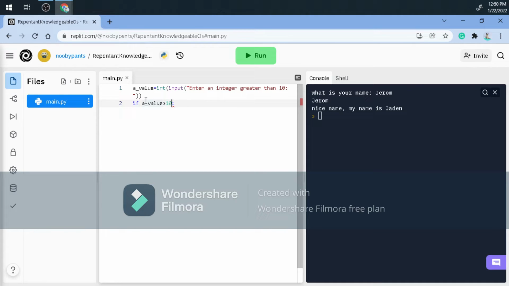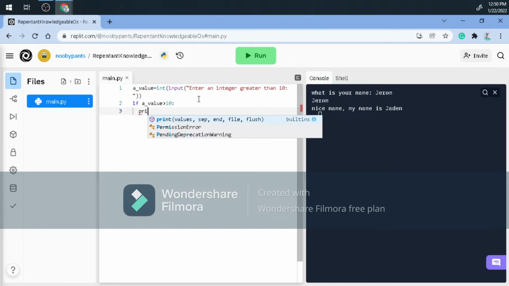So this is telling if my value is greater than 10, then print, I'm gonna write thank you. Then print